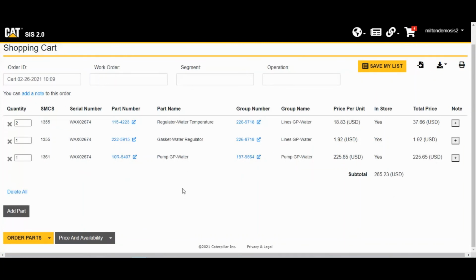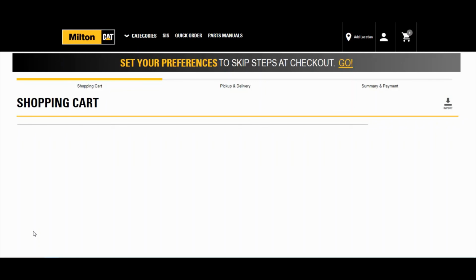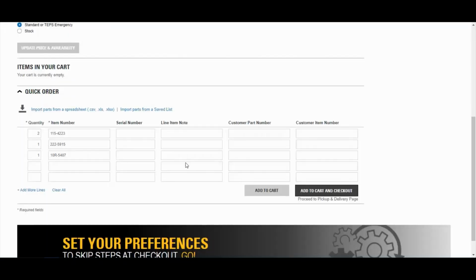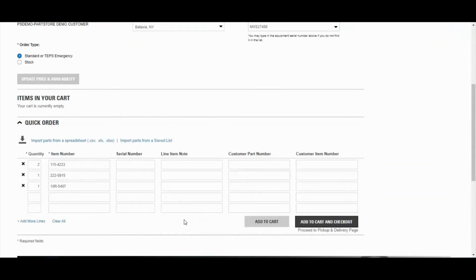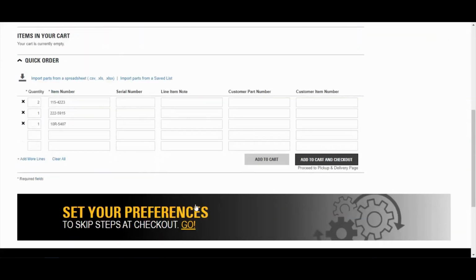Now, if you are ready to order these parts and you want to bring this over to parts.cat.com so you can ultimately put this order into Milton Cat, all you have to do is click this order parts yellow button at the lower left of your screen, and it'll take your parts list and bring it over to parts.cat.com. I just want to caution you on this as well, the first place it puts it is it does bring you to your shopping cart, but it brings you to the bottom of the shopping cart in the quick order screen. So right now I just have part numbers in there. Now I have to add it to my cart